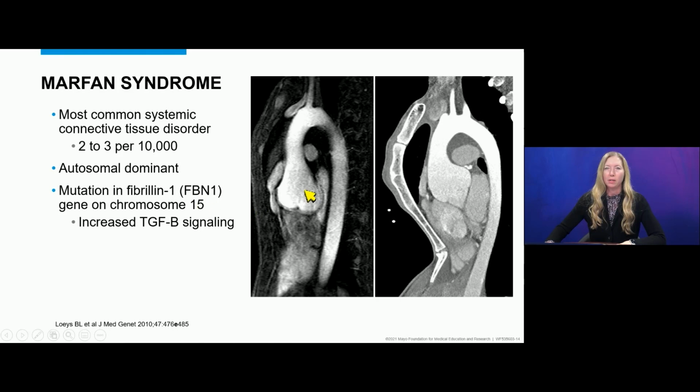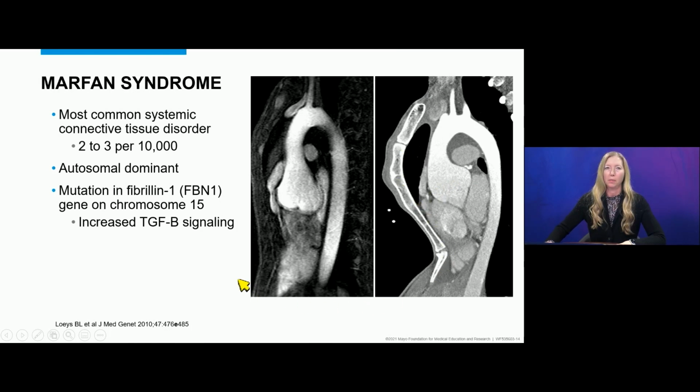Patients have this very typical dilatation of the sinus of Valsalva. So in this MRA, you can see this significant dilatation, described as a pear-shaped aortic root tapering down to a more normal diameter. And then this is another patient that I saw recently with a severely dilated aortic root and a very severe pectus